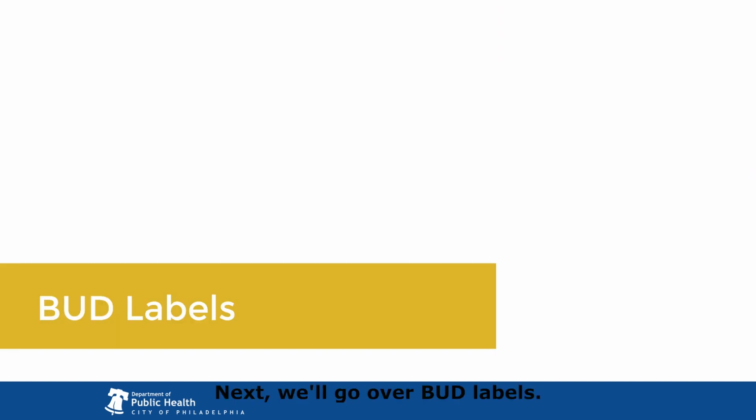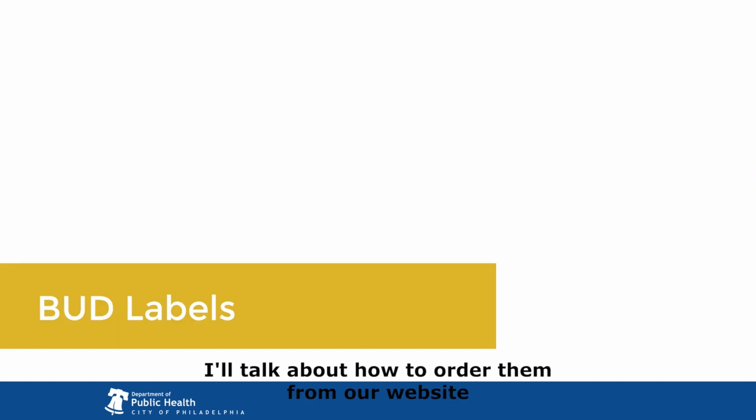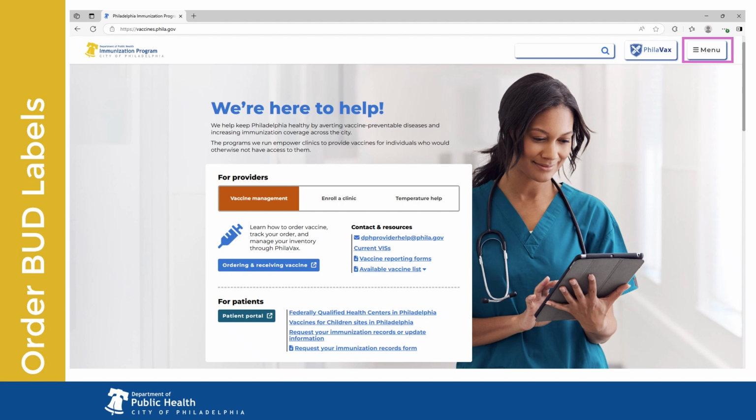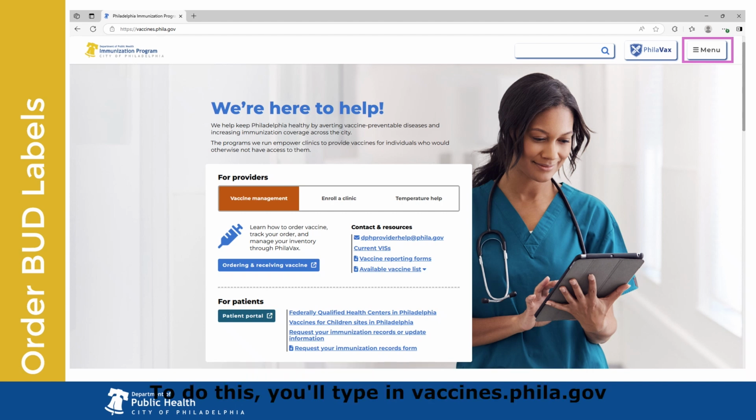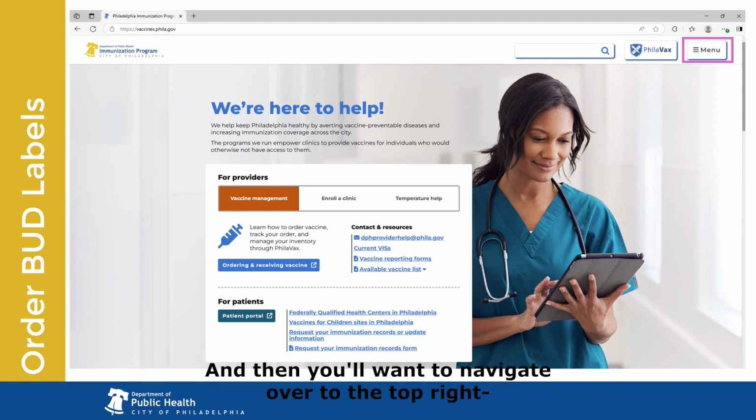Next, we'll go over BUD labels. I'll talk about how to order them from our website and how to use them. To order BUD labels, you'll first navigate to the immunization program website's homepage. To do this, you'll type in vaccines.phila.gov and it'll take you right to the homepage. And then you'll want to navigate over to the top right-hand corner of the